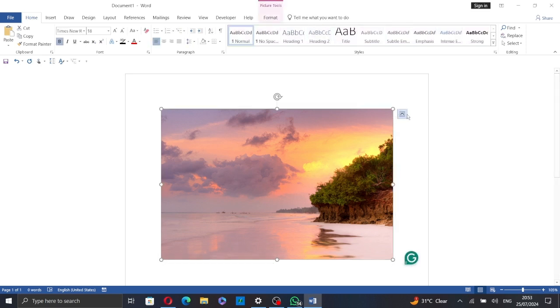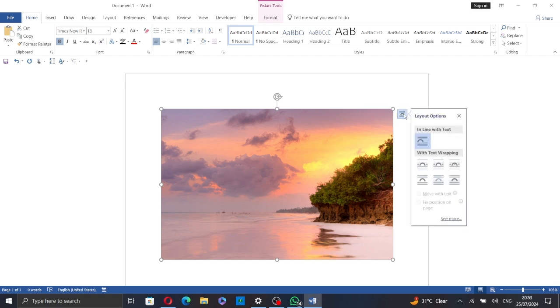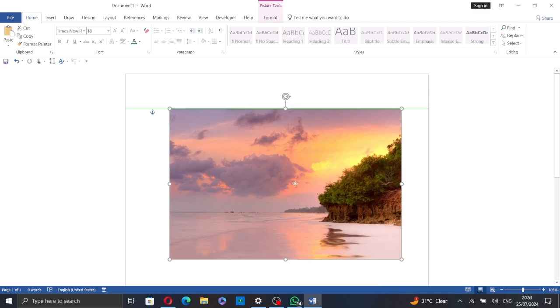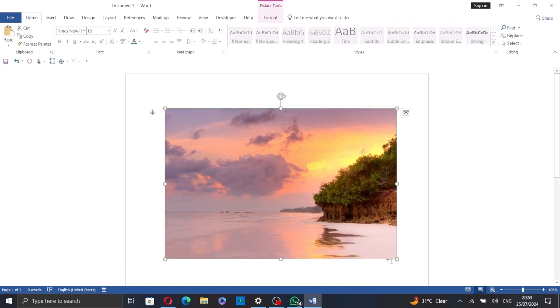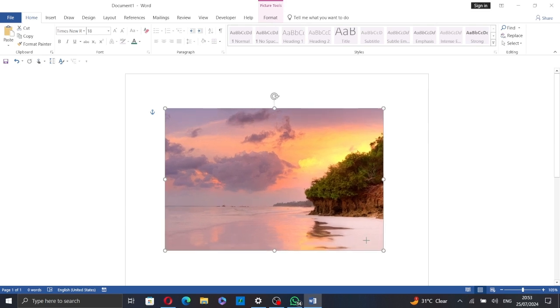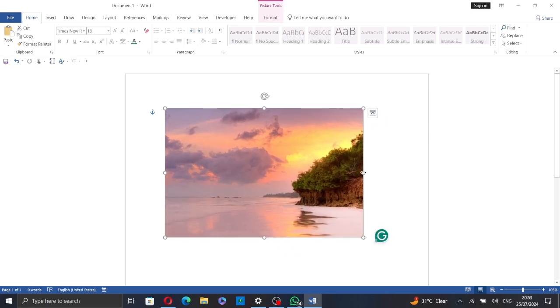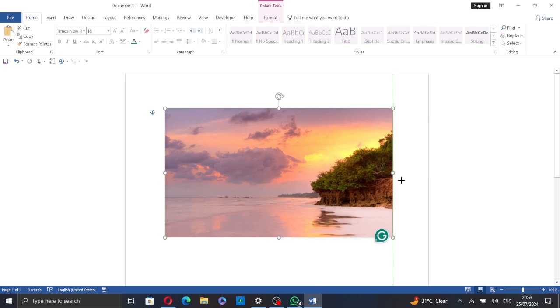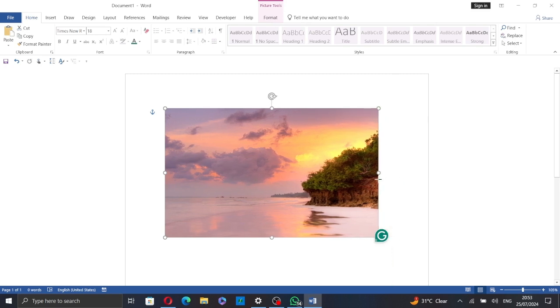Now click on the picture and go to this icon here and select behind text or in front of text, if you want to move or reposition the picture. Now to resize the picture, you can drag these points in the corners of the picture, or you can also stretch the picture by dragging the points on the sides,